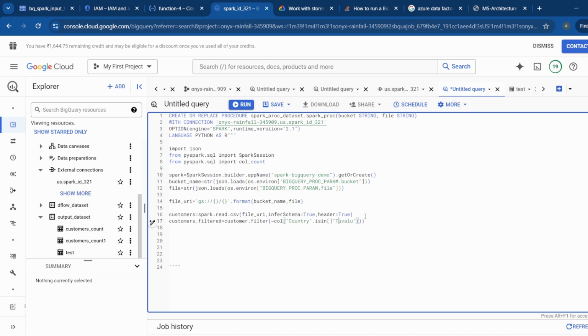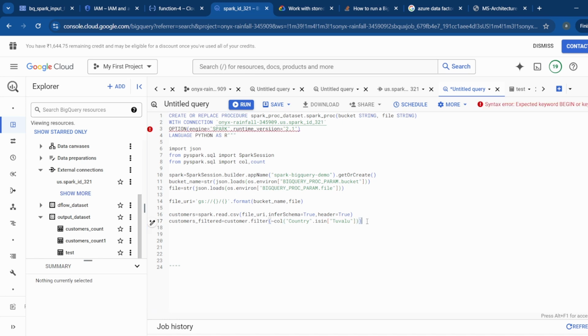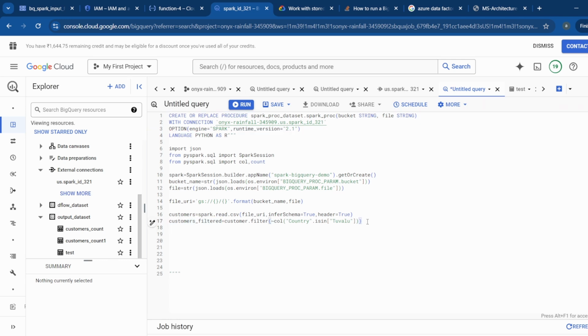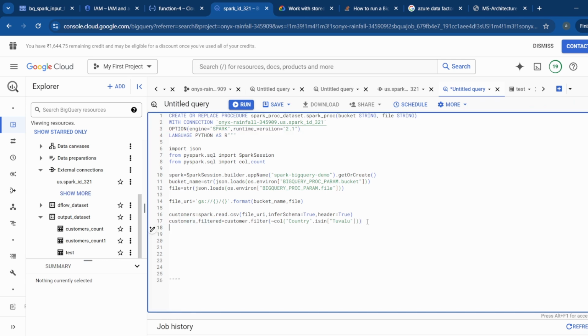Okay, let me check the brackets. So yeah, this is closed. And so now customers_filtered will have all the countries except Tuvalu, and then I can count the number of customers for each country. So I'll write customers_agg for aggregated. First, customers aggregated equal to customers